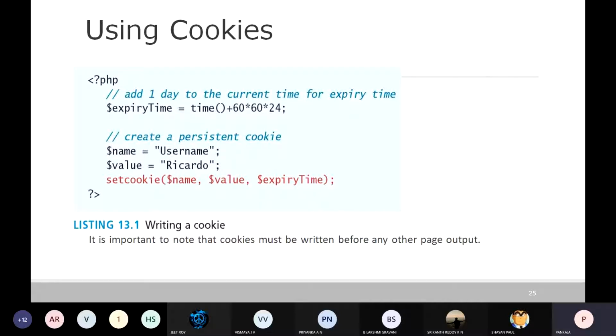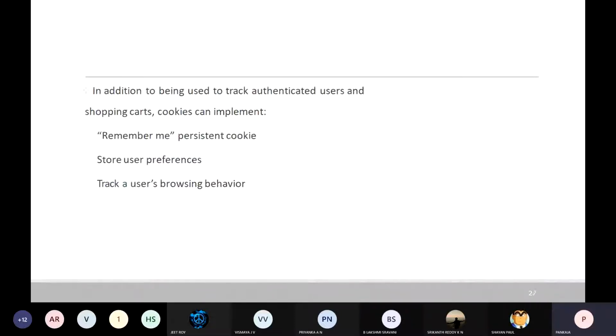Here we can classify cookies into two types. One is the in-memory cookie, and one more is the expiration cookie. In-memory cookies indicate the cookie will be alive as long as the browser is opened. As soon as the browser is closed, it is going to remove or destroy the cookies. In the other one, you can explicitly specify the date and time when the cookie should be destroyed. So we'll just try to do this part.